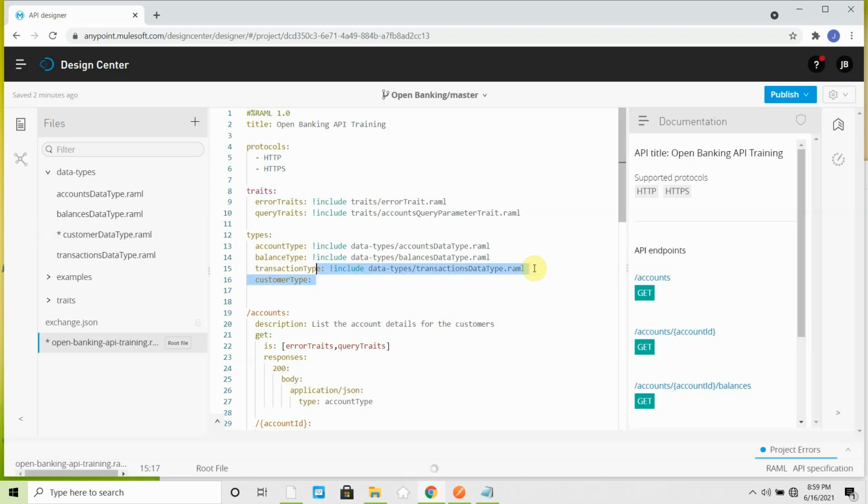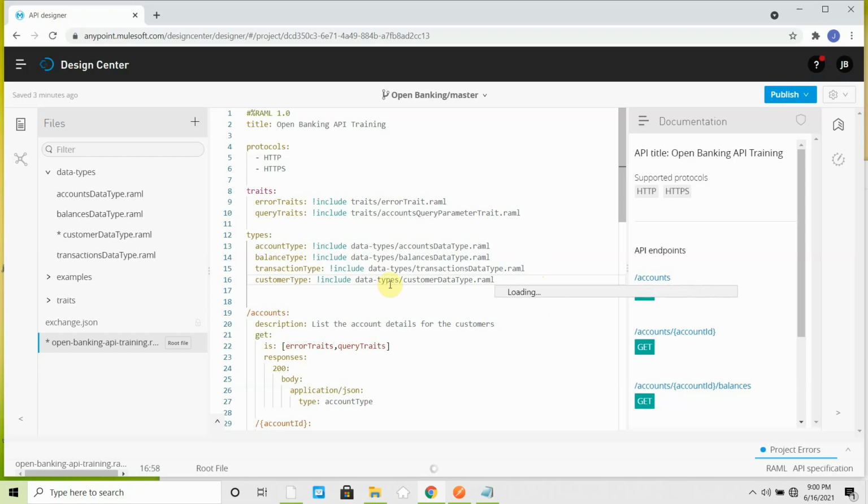I can say !include data types, which is the folder, then customer data type dot raml.